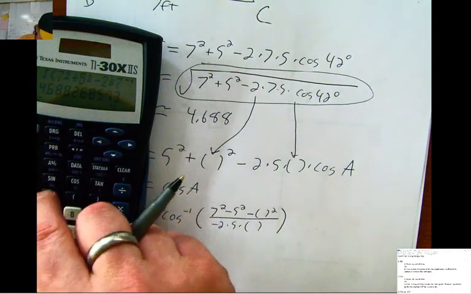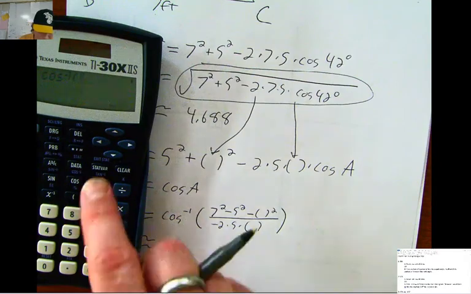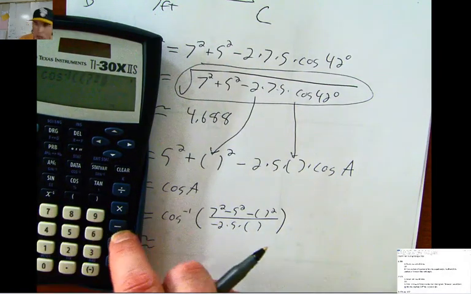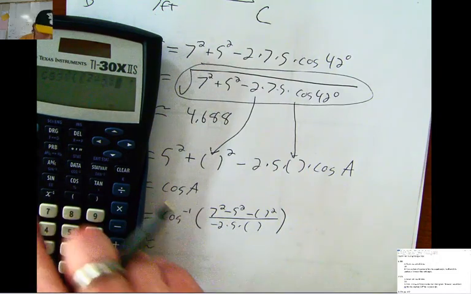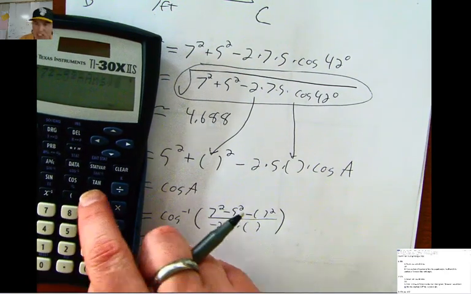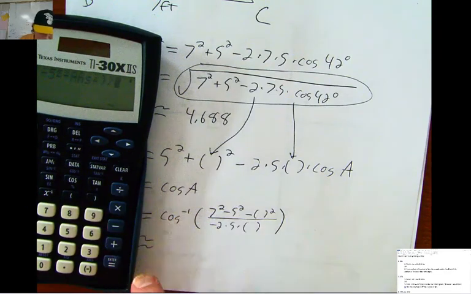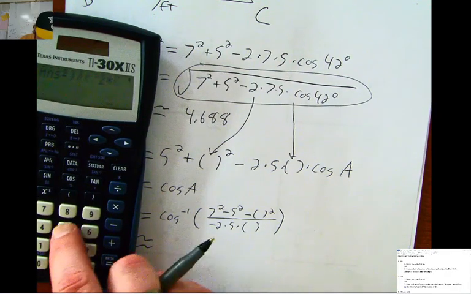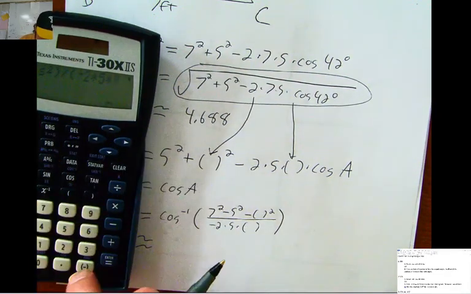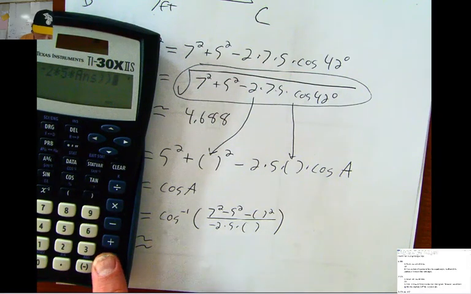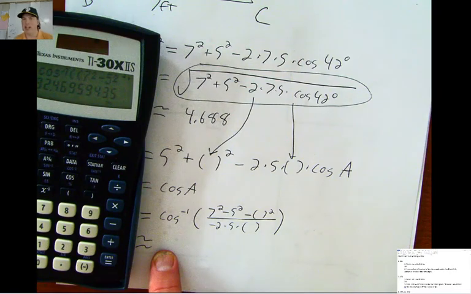So it's cosine inverse of, open a new set of parentheses for the numerator, 7 squared minus 5 squared minus answer squared, so use the answer button, squared, close numerator, divided by, open denominator, negative 2 times 5 times the answer, close denominator, close cosine inverse, hit enter, and I get an answer of